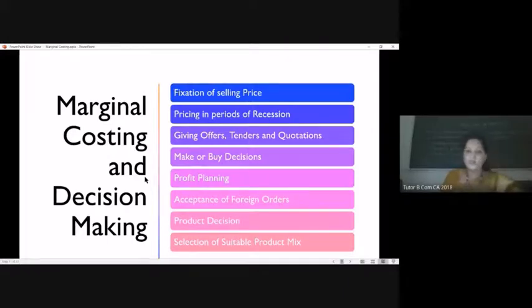Profit planning, yes, we said already, cost volume profit planning is one of the functions of marginal costing. Acceptance of foreign orders. See, in certain cases, that's what happened in India with respect to Chinese products. Right. In certain cases, some products will be available from other markets at a cheaper rate. Instead of thinking of producing that in the Indian market, we can procure it from a foreign market, provided when a company does that, they will look at it from that perspective